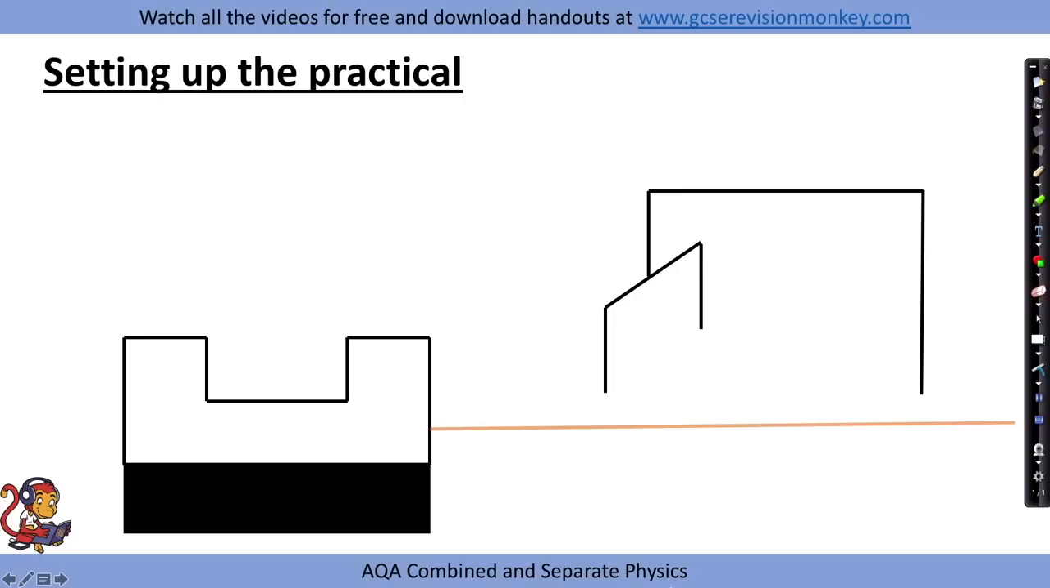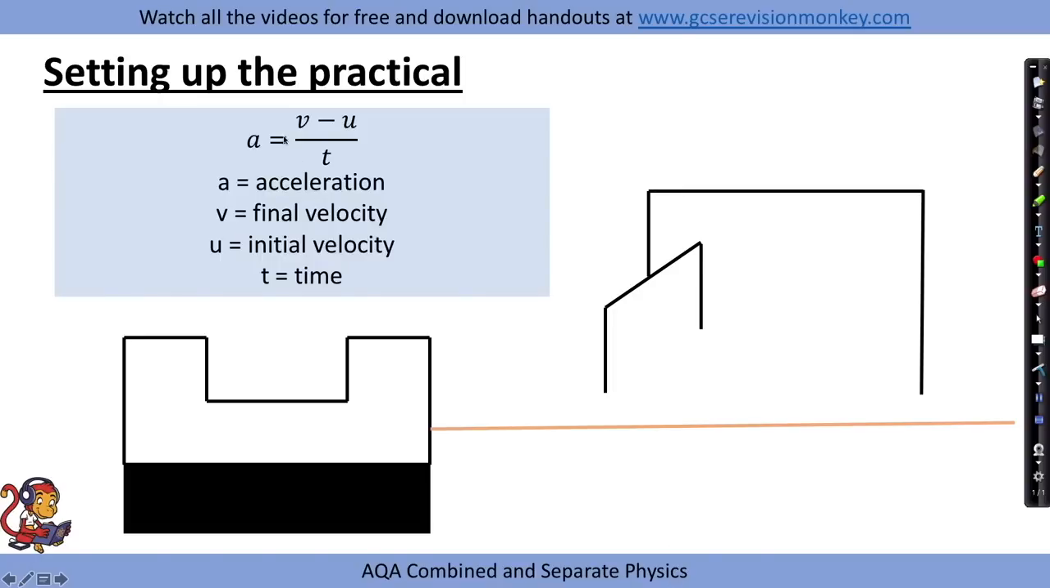Remembering the equation for acceleration will help with your understanding of this part. The acceleration equation is acceleration equals the change in speed over time. So we've got a final velocity minus initial velocity, divided by time, to give us our acceleration. In this practical, to measure acceleration, we are going to use